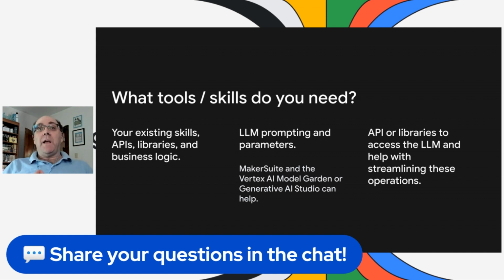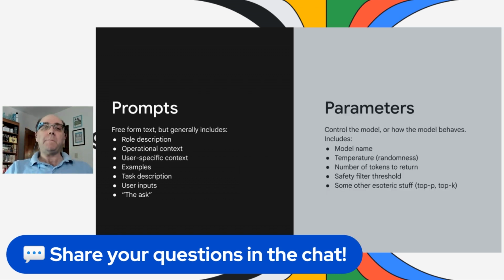And then we need an API or libraries or something that gives us access to the large language model itself and lets us streamline asking those questions, getting those responses. And here's where something like LangChain and LangChain.js can really help us out, because it helps put all of that together and lets us just get on with asking the question without having to deal with too many details about how to make those calls.